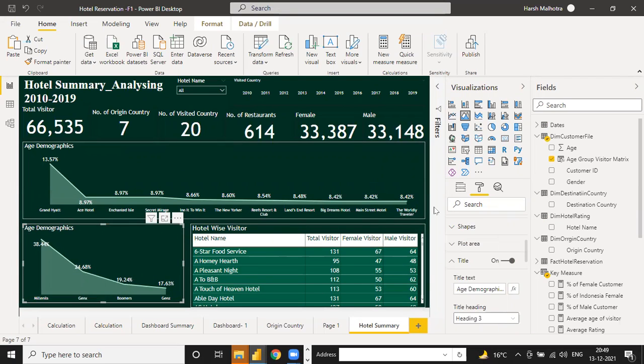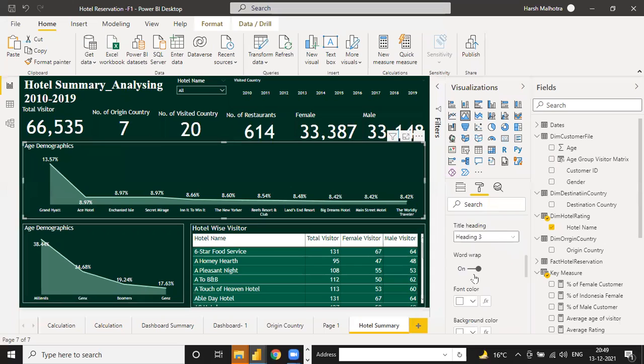See, like this, your table is ready. Like age demographics, it's for not age, sorry. You can also change here.